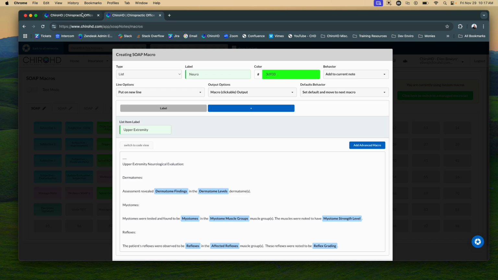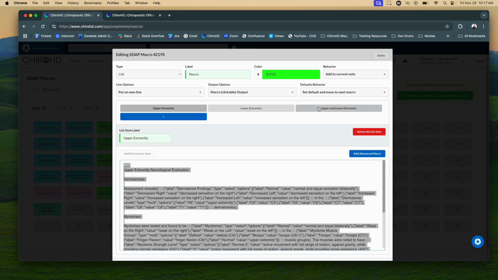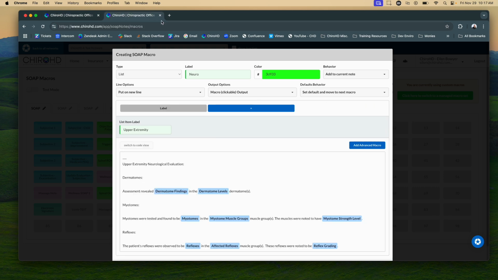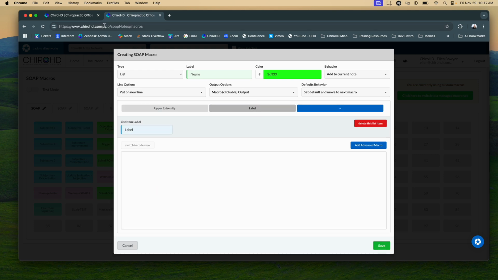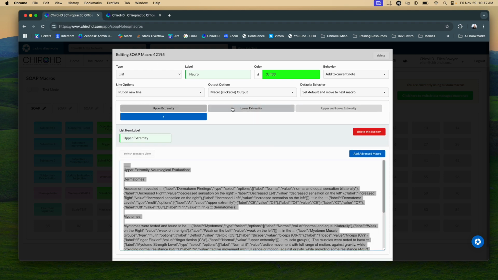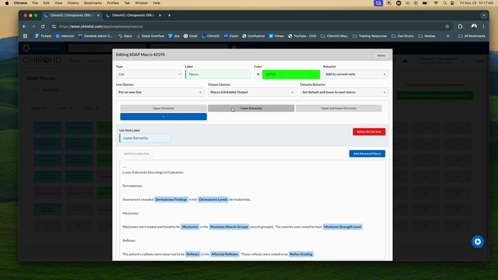Now I need to copy the other tabs. You can see here on this list macro, I have 3 options. So on my pasting tab of ChiroHD, I'm going to click on this plus sign and do the same process over again. So now I click over to my second tab option,